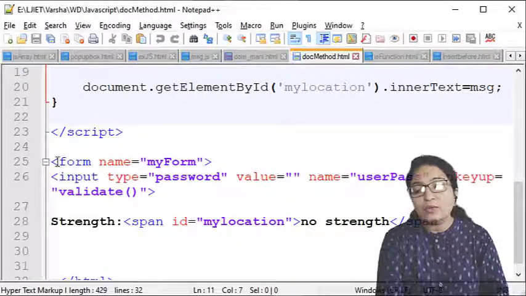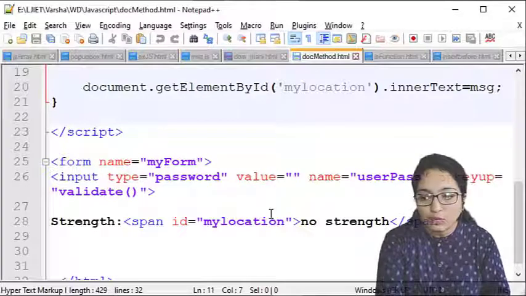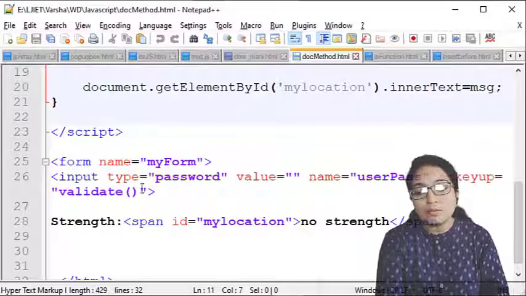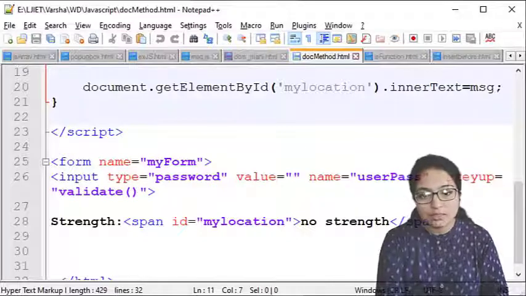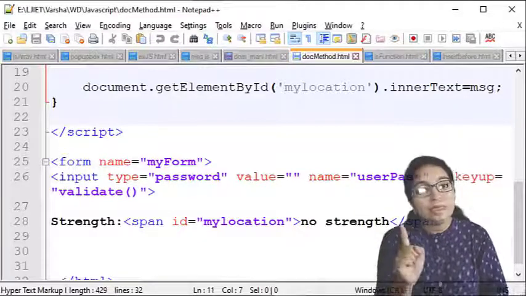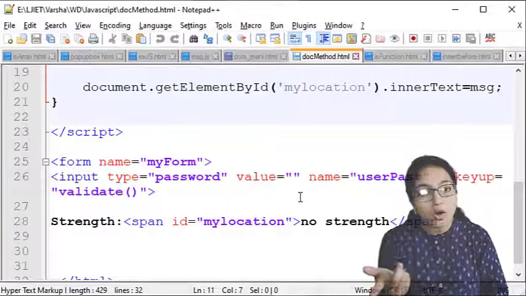And here I have used this form element. All of you are aware about this because we have learned this in the form element. So form name myForm, and input type is equal to password, name userpass, and this is onkeyup. This is again the event handling. So here we are doing the event handling as well as accessing the element using the DOM method.